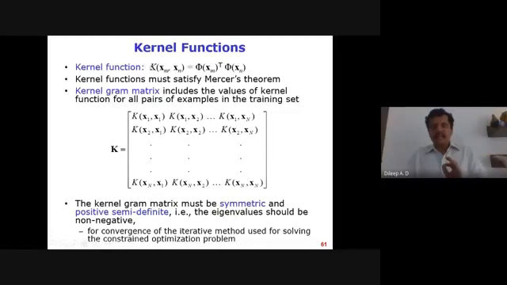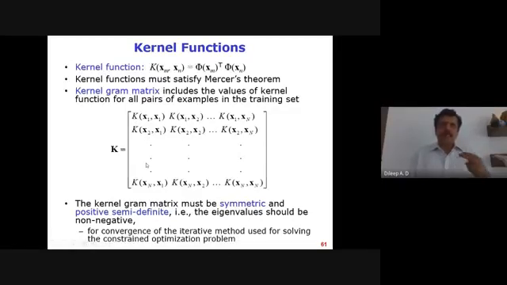If any kernel function, when you compute the kernel Gram matrix between every pair of examples in my training examples, results in a Gram matrix that satisfies these two properties, symmetric and positive semi-definite, then that's a valid kernel function. It can be used in support vector machines to handle these non-linearly separable cases. In those cases,